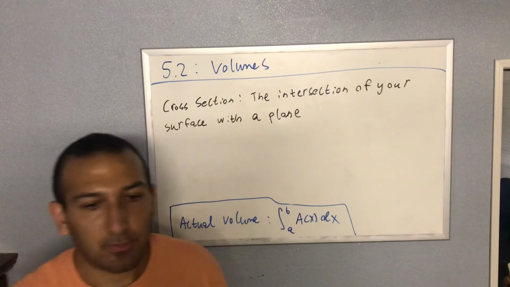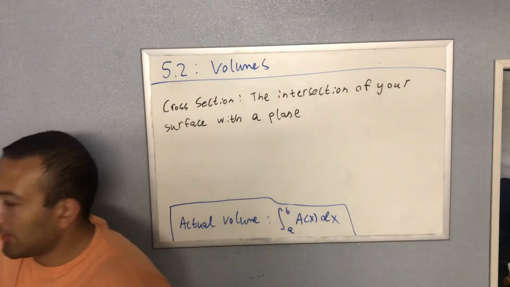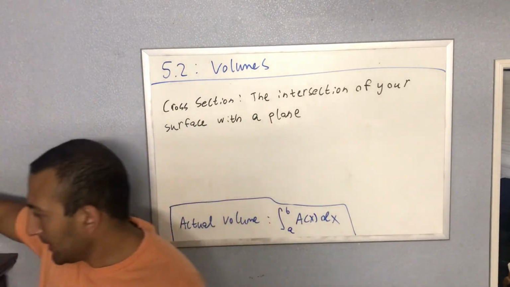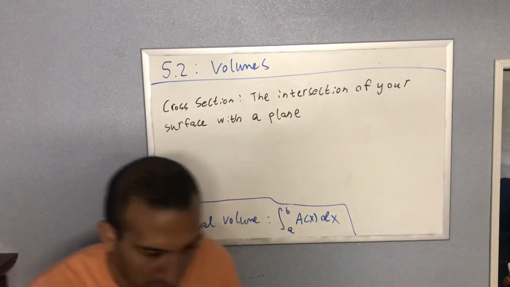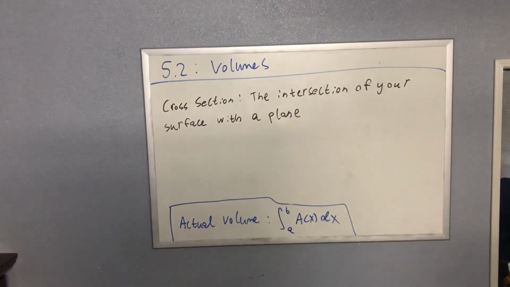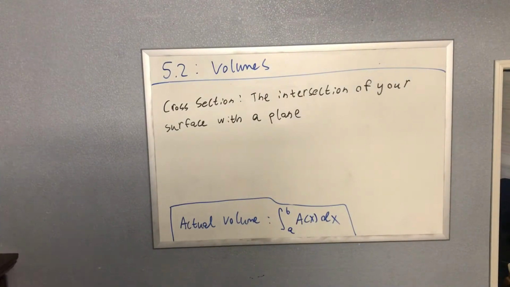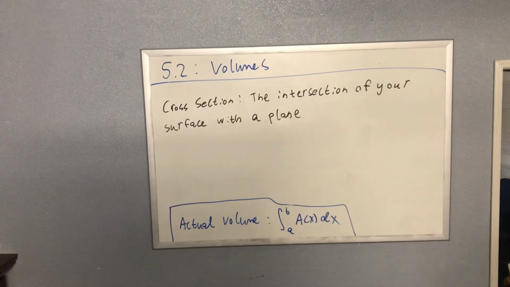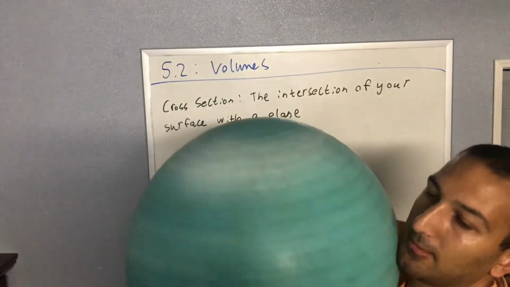So for example, if we cut a cylinder flat like that, the cross sections will be circles. Okay, but we'll get to that a little later. Or maybe this is a nice example. Let me get a nice prop. So if we have a sphere here and we cut it with